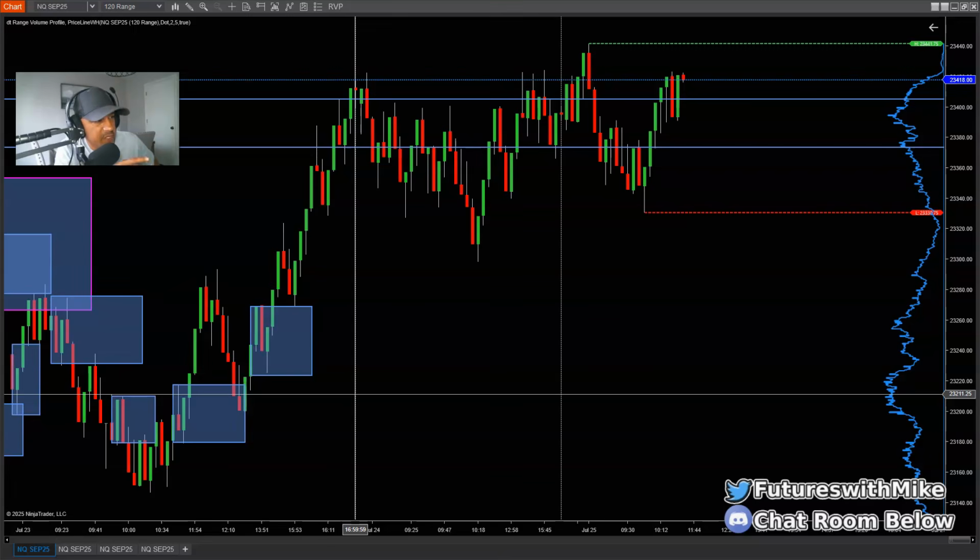Now, there is a difference. I do have both the static and the dynamic volume profile, but I use the static when I am looking at my higher range chart. So you'll notice, like on my 120 or my 240 range chart, I'll have the static volume profile. On my entry chart, my 24 range, I'll use the